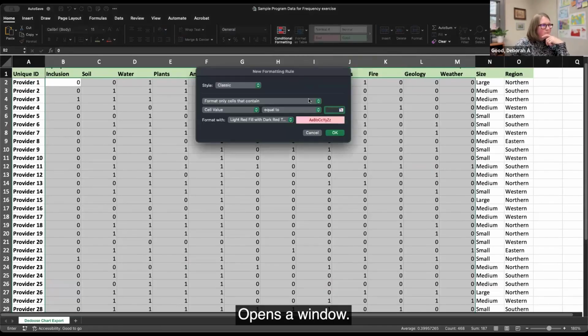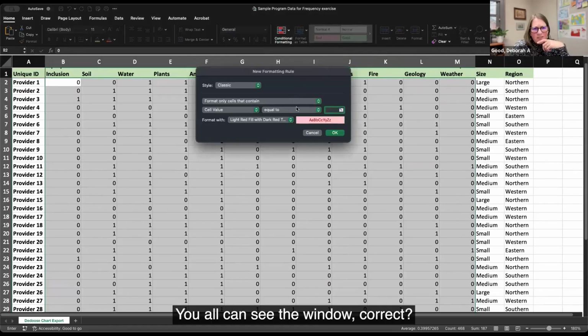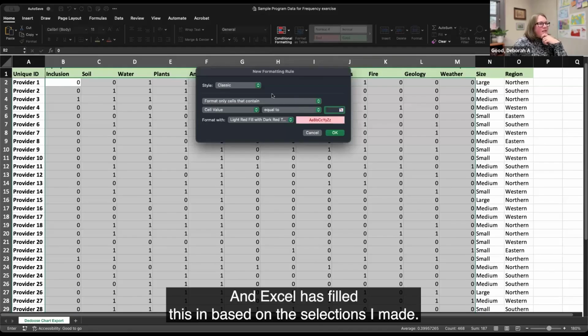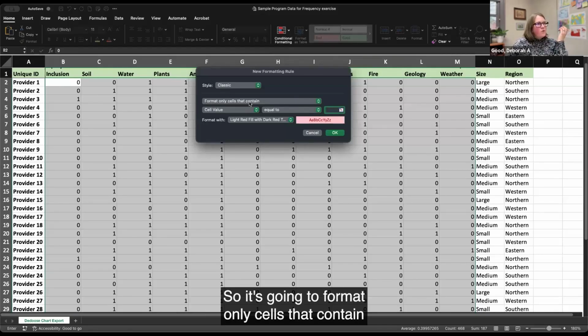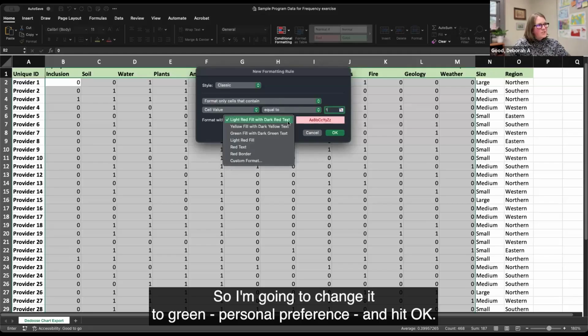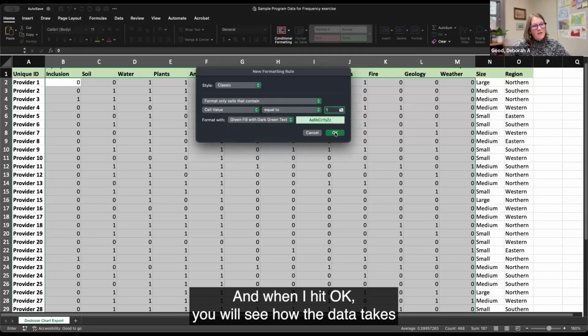Opens a window. You all can see the window, correct? Okay, great. Excel has filled this in based on the selections I made. So it's going to format only cells that contain a cell value equal to, I'm going to type in 1. And red is kind of a scary color, so I'm going to change it to green, personal preference, and hit OK. And when I hit OK, you will see how the data takes